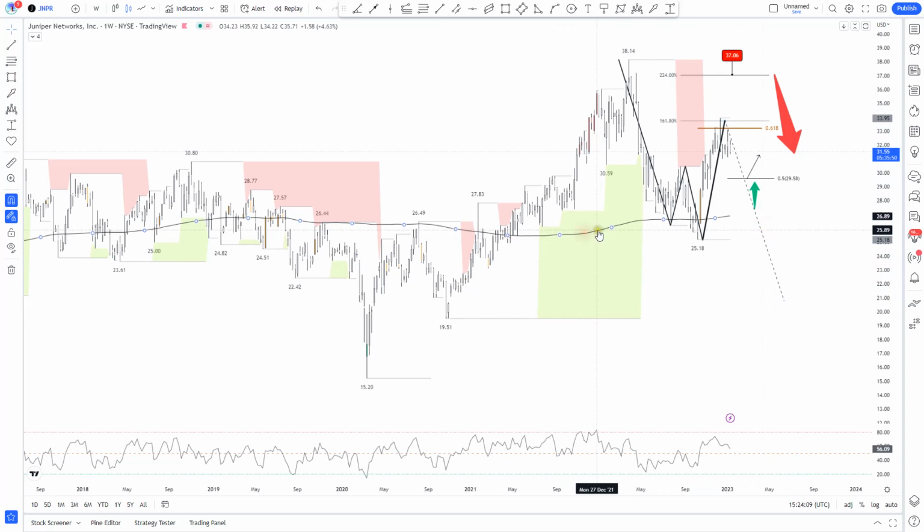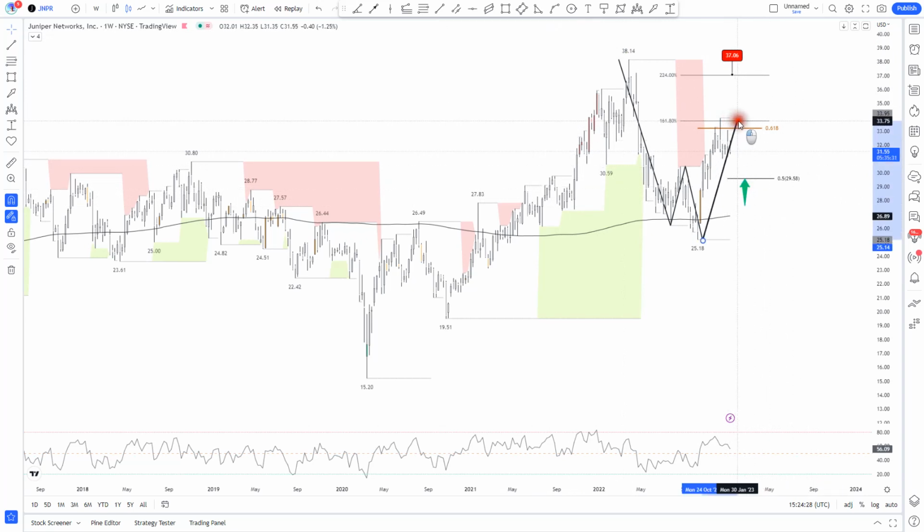But it's much better to try. In my opinion, it's much better to try the long side of a stock than try to short it. It doesn't make a lot of sense to try to short a stock. Usually we try to invest in a stock, not to trade a stock. So I prefer to search for longs,